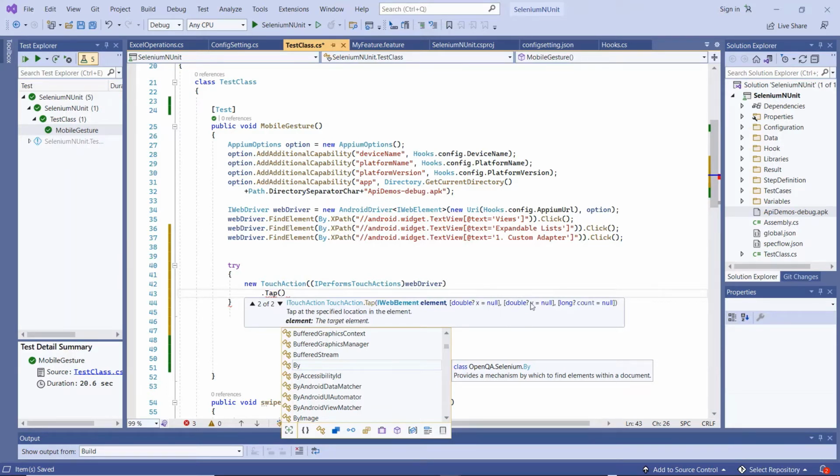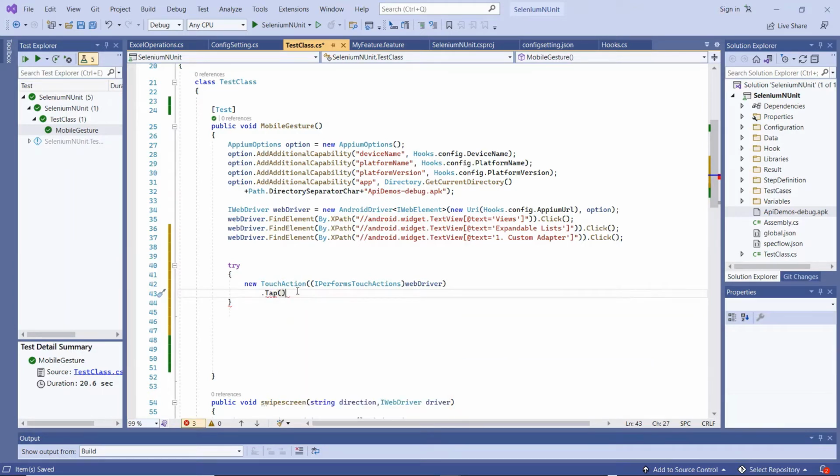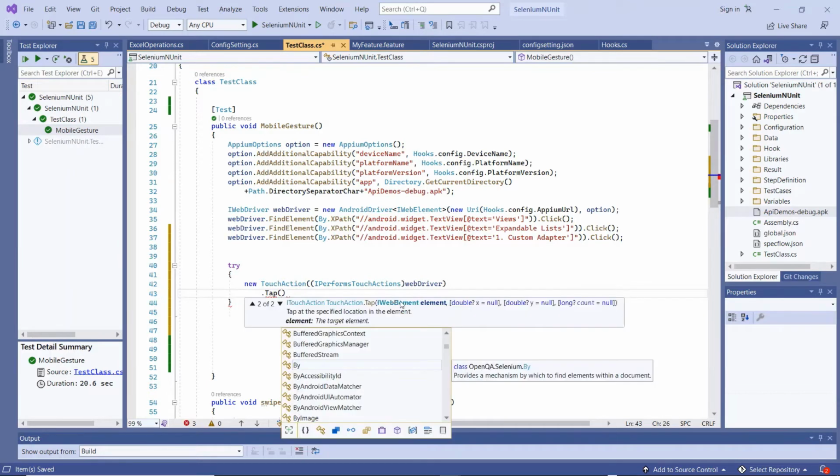The tap method allows an extra option to tap by coordinates, whereas click just works on an element and taps at the center of the element. When we provide the element, then the coordinate values are optional. If you want to tap on any other place which is near to the provided element, in that case, you can provide the offset location of the X and Y axis.